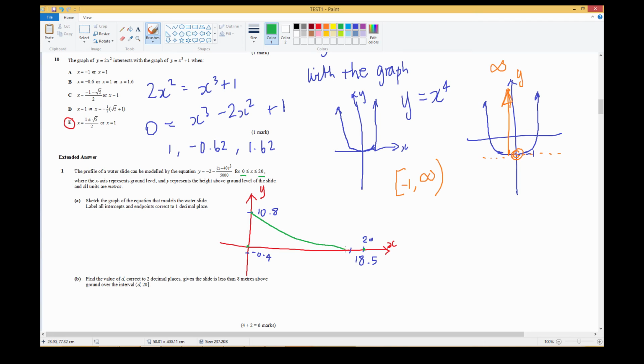Try and draw it the best you can, and down here until it gets to about there. Right, so that's question A. Fine. Question B is